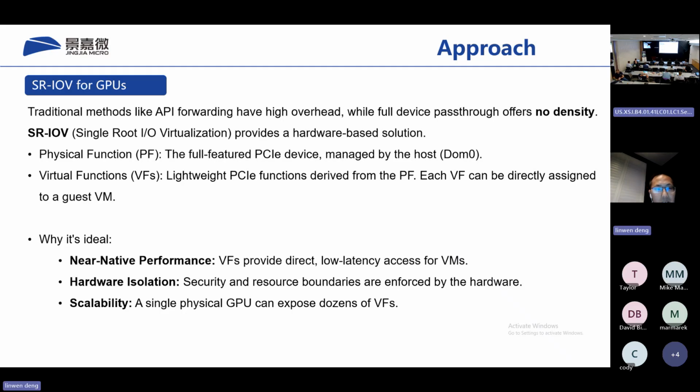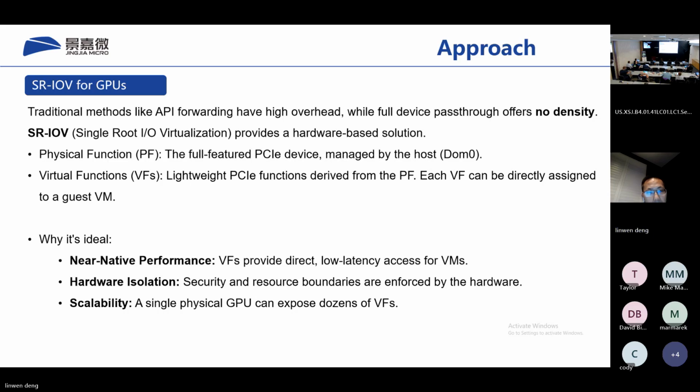On the other hand, device pass-through was offering. This led us to choose